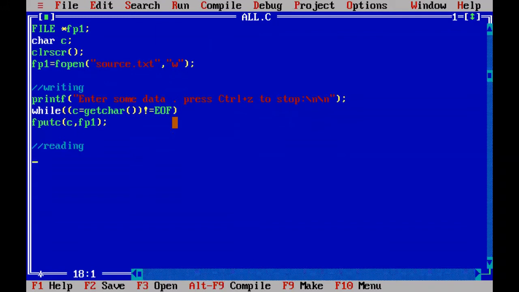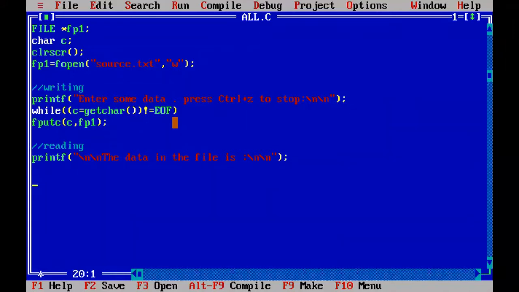So before that, one printf statement. Before printing the data from the file, you print "the data in the file is". Now you start printing the data which is in the source.txt.